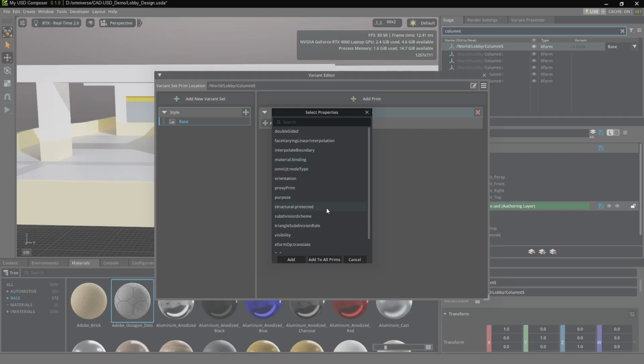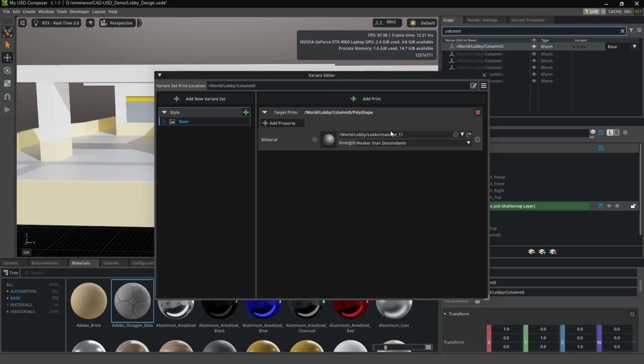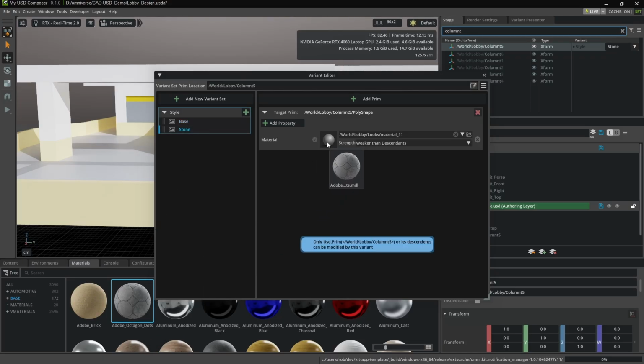change here, so you can create variants on lots of different things, but we're going to bind the material to that. And you can see we're using material 11, which is the material that came in when the file was converted. Now that we have that property set up for this variant, we can duplicate the variant, change the name to, in this case, stone, select it, and we'll drag stone into the material here,